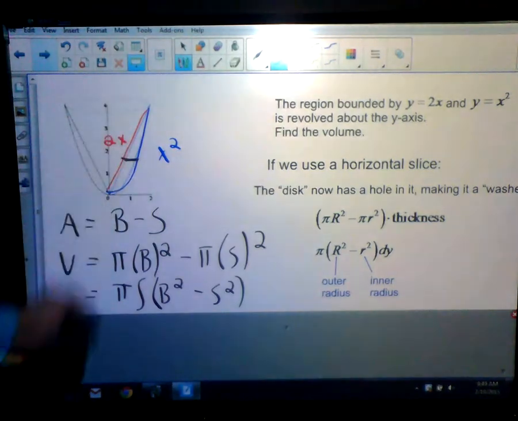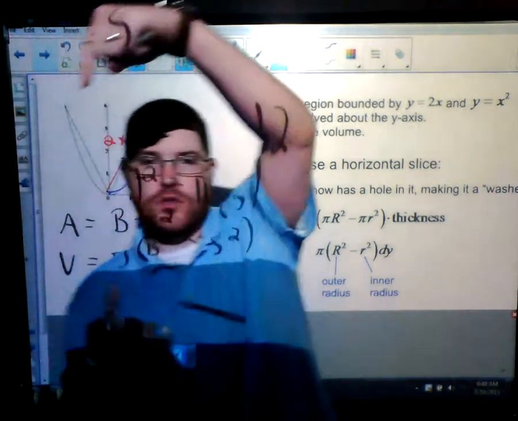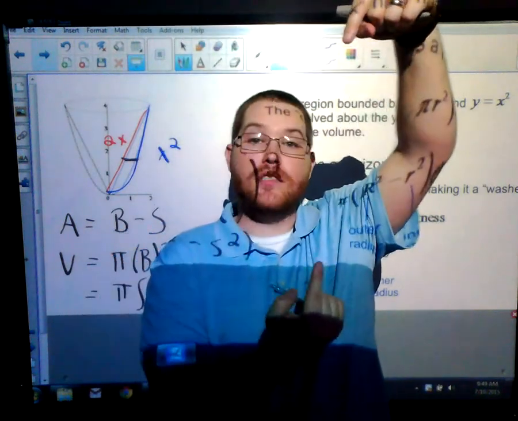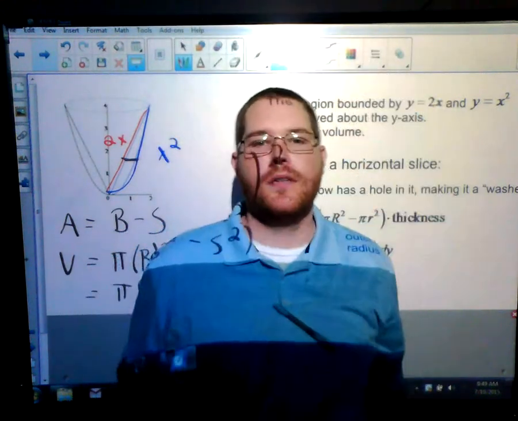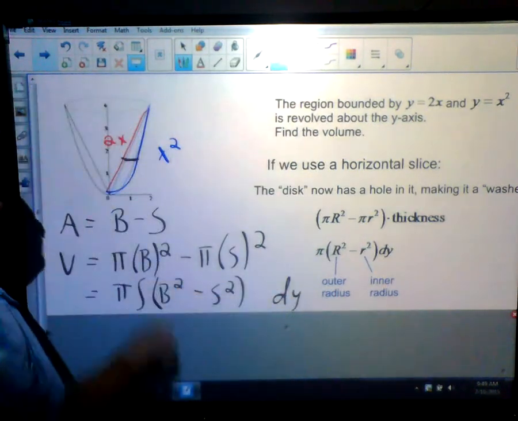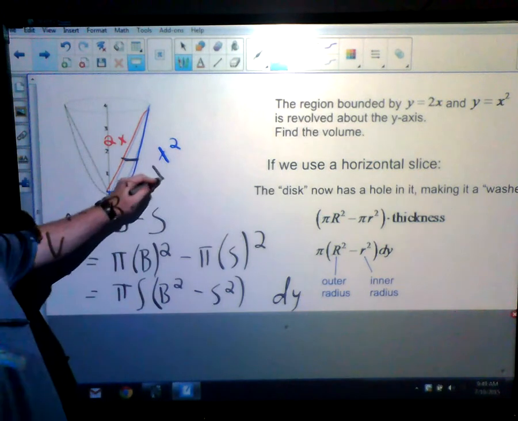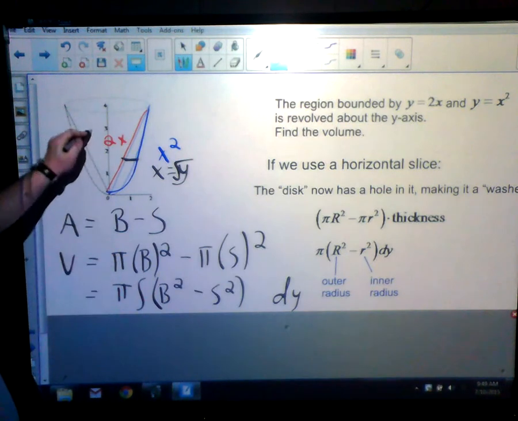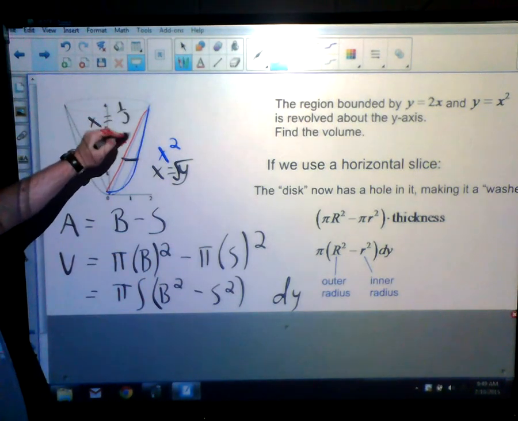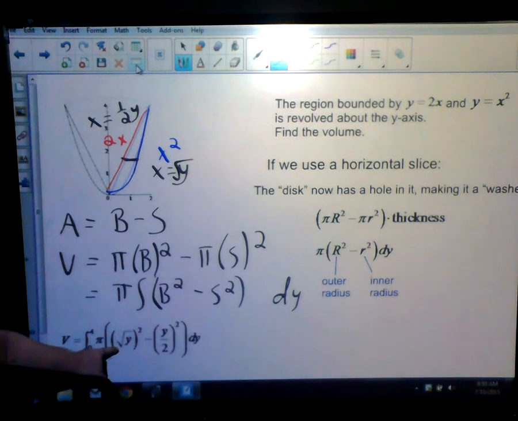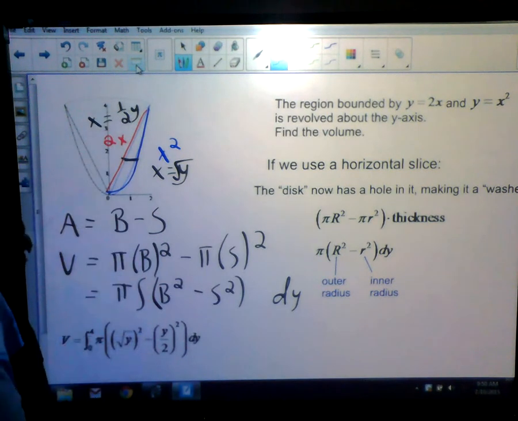Now on this picture, since I'm rotating this way, is this going to be a dx or a dy problem? It's dy because there's a bottom and there's a top. So I know that whatever I do is going to be dy. So I'm not going to use y equals x squared. I'm going to use x equals square root of y. And I'm not going to use y equals 2x. I'm going to use x equals 1/2 y. So my big function is the square root of y squared minus my little function is 1/2 y,